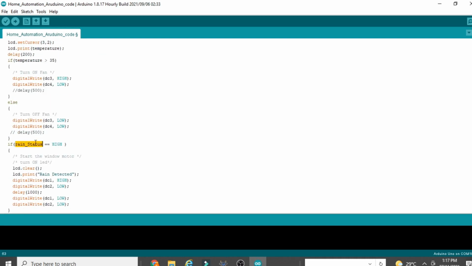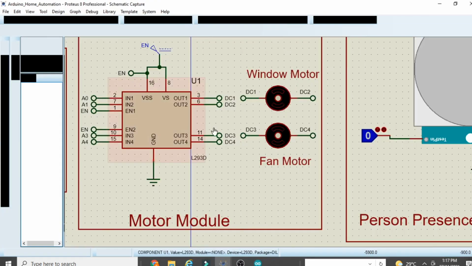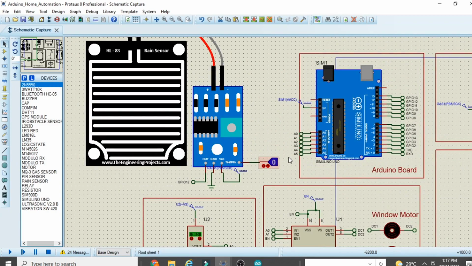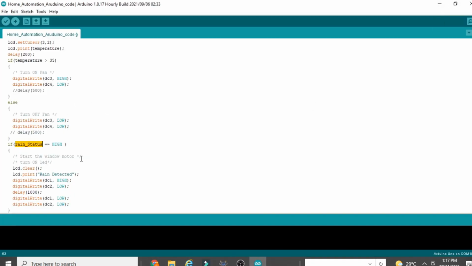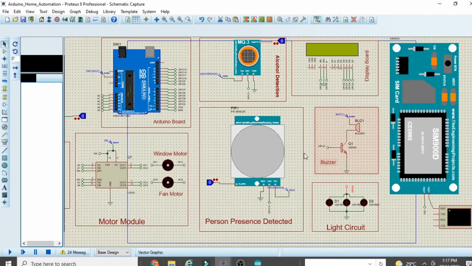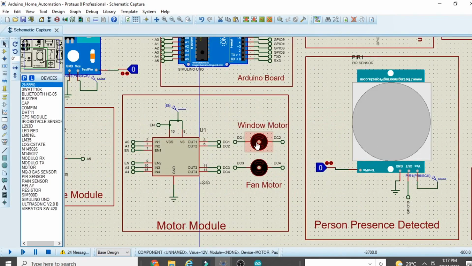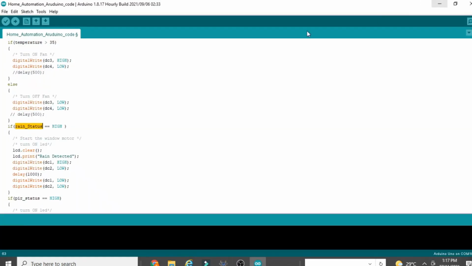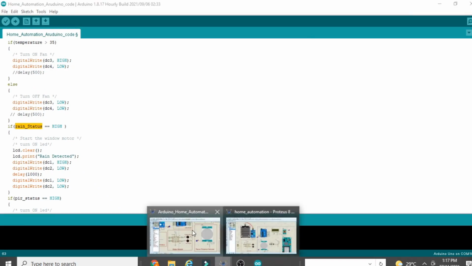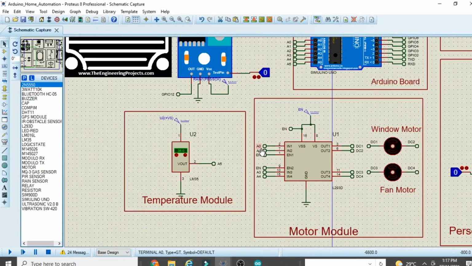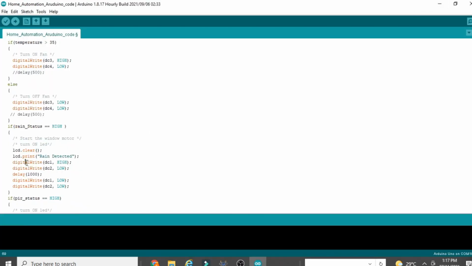Now the next line is range sensor is equal to high. So if the range sensor detects the 1 signal from this logic state, then we have to start rotating this motor for some time, then we have to stop. To start rotating the motor, again we have to send the 1 signal on A0 and 0 signal on A1. To send the 1 and 0 signal, I already told you, digitalWrite DC motor 1, DC motor 2 pin, high low, and some delay, and after some delay we have to stop the motor.